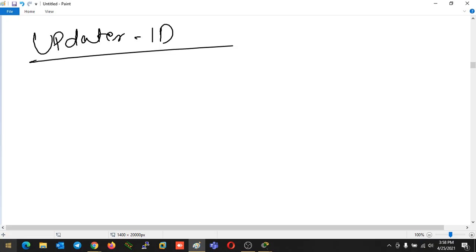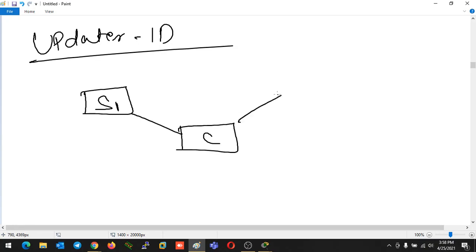This is the information, like the updater ID is telling from whom I updated myself with the VTP information. For example, this is VTP server number 1, this is a client, and this is VTP server number 2. This one has IP address 1.1, and this one has IP address 1.2.